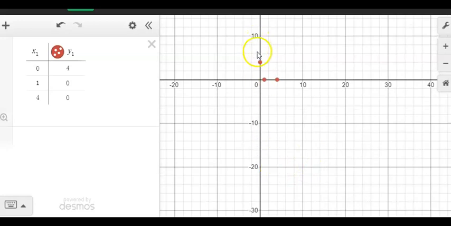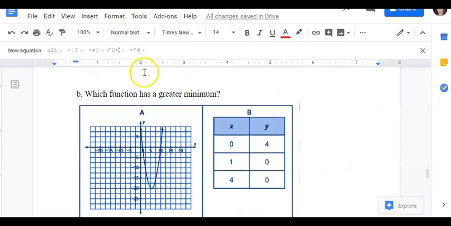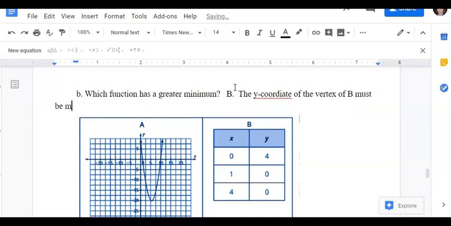Well, no. In order for this parabola to decrease and then come back up, it's going to have to bottom out in this area, somewhere in here. There's no chance it's going to go that far down. So the answer to the question, which one has the greater minimum, is actually B. The vertex must be much higher. Well, let's just say the y-coordinate, because that's really all we care about here. The y-coordinate of the vertex of B must be much higher